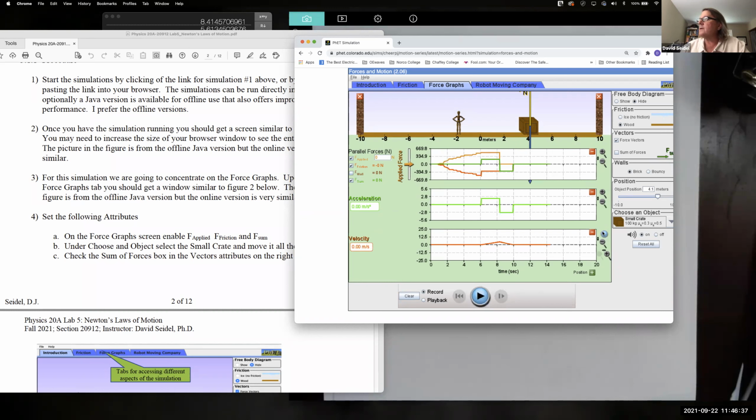If I look at my velocity graph, as long as I'm applying this constant force and the acceleration is going up, I get a nice increase in velocity. But the velocity is always positive. As soon as my acceleration goes negative, my velocity doesn't go negative, but it starts going down until it comes to a stop.